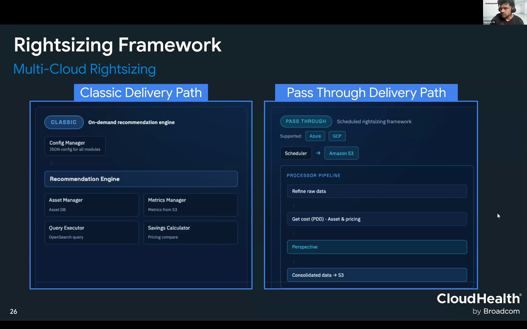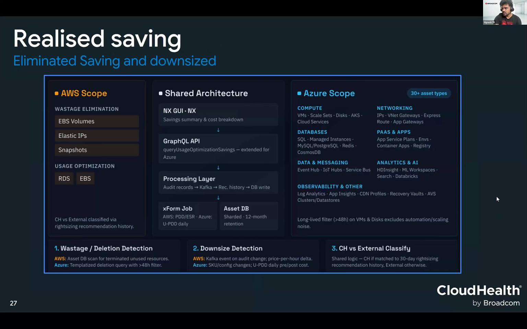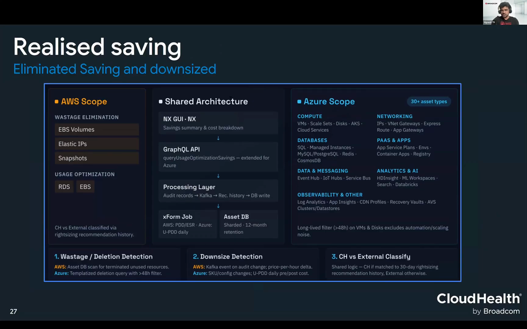Quickly, you want to go on next, Jeevan? Yeah. Now comes the realized savings. So the realized savings: we have given customers what all they have to save, right? Now the question comes, how much has the customer really saved, because the customer wants to know what their ROI is, right? That is where realized savings comes into the picture.